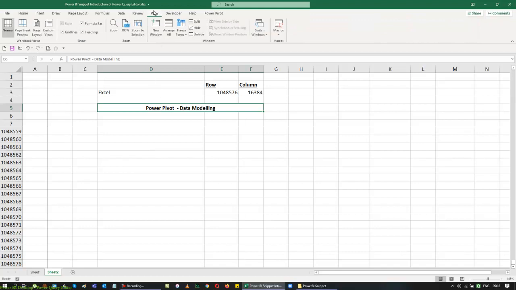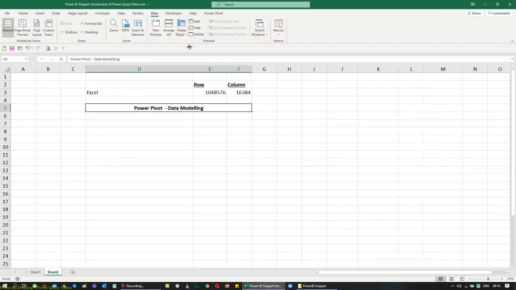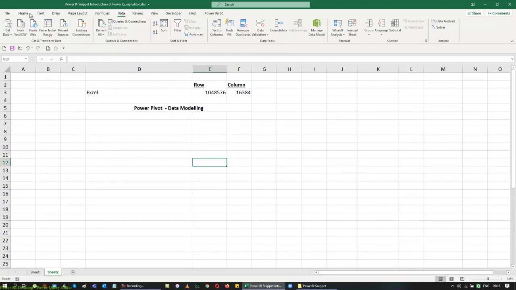First of all, I'm going to import data which is available for us. So when I go to my data, you can see this is the tab that you have in the 2016 version. Probably if you're using version 1705 and above, you get this kind of tab, or else you'll get this Get and Transform in the next line item. So if you see, there is a tool called Get and Transform Data. This allows you to bring in data from multiple sources. You don't have to have them all in Excel, but if you have it in Excel also, you can still bring them in.